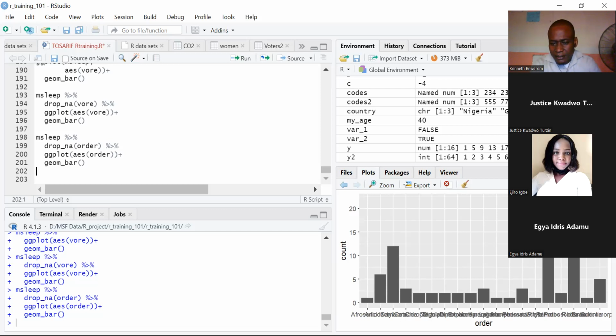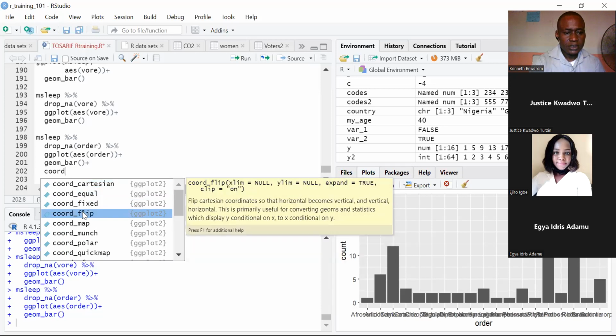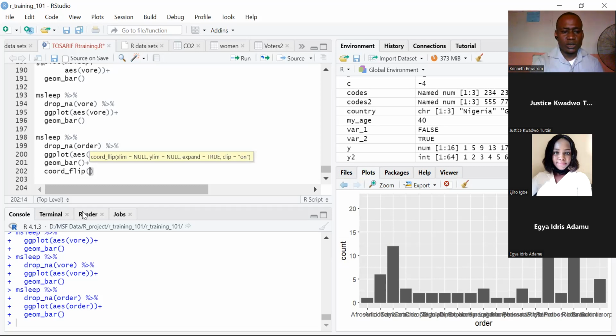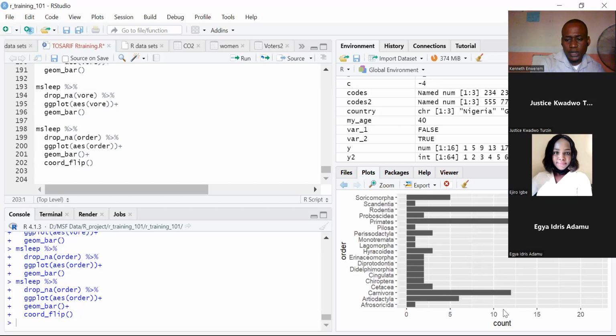Now you can see here in the names of the values, there are so many categories, so many levels, that the names are squeezed into each other. If we want to correct that, there's a function we call coord_flip. I'm going to add it here. So I put my plus here, and then I say coord_flip. What this does is flip the x-axis to the y-axis. If we run this command, you can see it has flipped the axis that was here up here. And now we have the names of the values written out neatly in a horizontal pattern like this, instead of the way it was squeezed into this axis before. Now, sometimes you might want to see an order in the way these bars are represented. And doing that, you can do your,